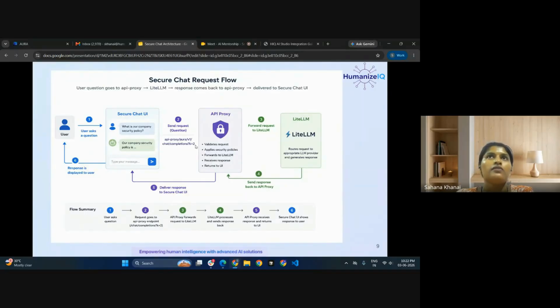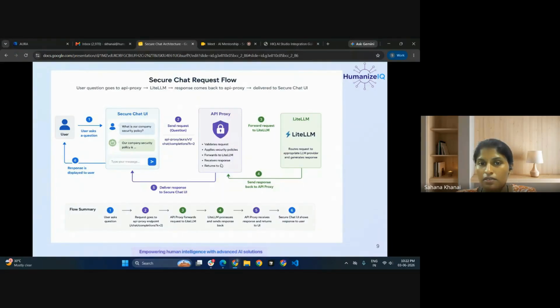After that, we send this request to LiteLLM. In LiteLLM, whichever model you have chosen, the request is passed to the appropriate model provider, and LiteLLM receives the response from that model provider and then sends the response back to the API proxy.